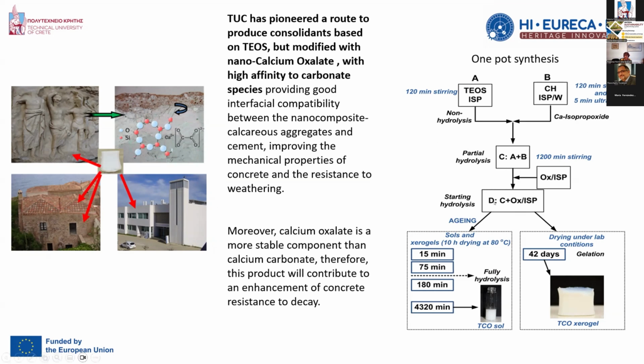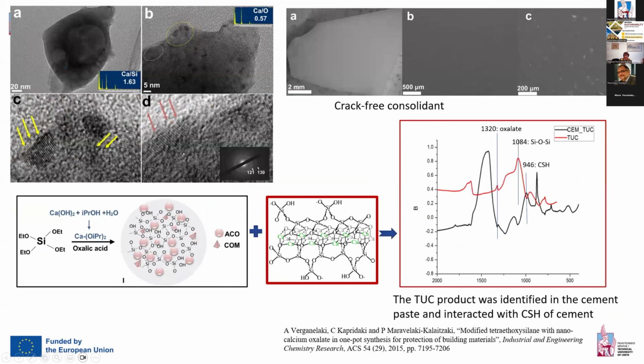And after the mixing of those two colloidal solutions, we have at the end, after 22 days of gelation, this xerogel, which was without cracking, and the analysis demonstrated that calcium oxalate was incorporated in this structure of the